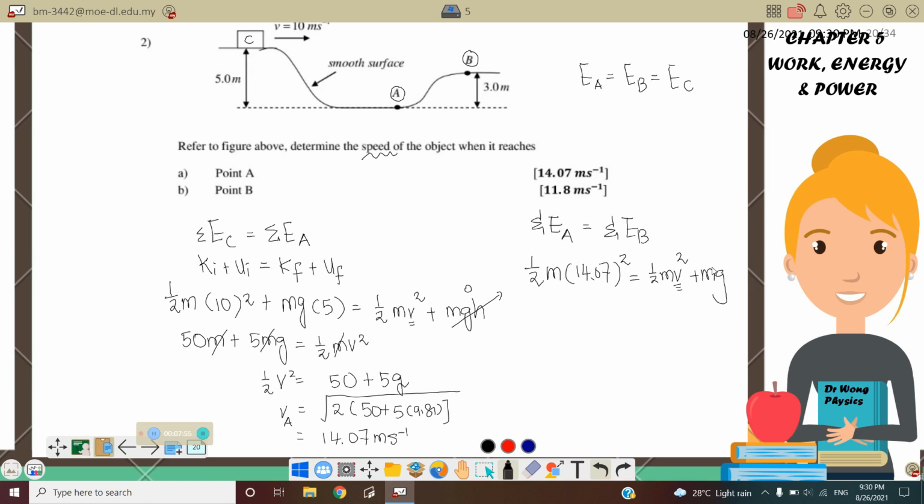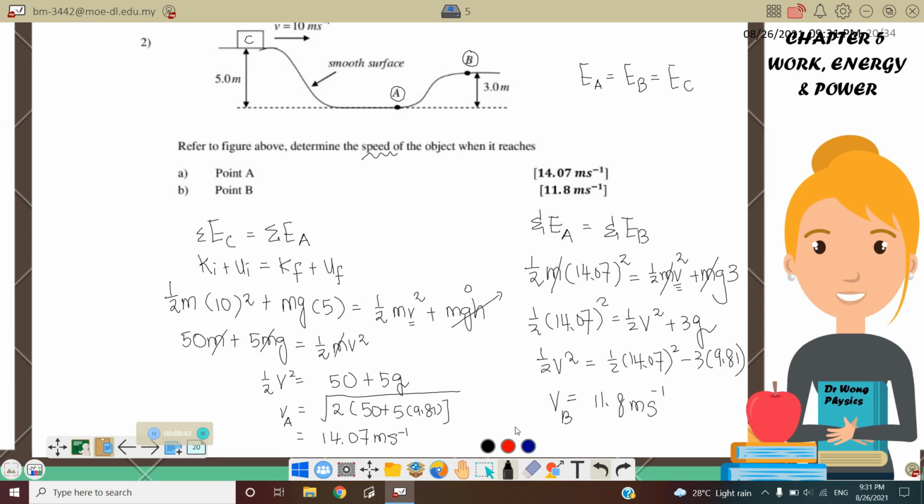So at point B, h is equals to 3. Okay, so we can cancel off m. So finally, we will get half 14.07 squared equals to half v squared plus 3g. So you can rearrange your equation. Half v squared equals to half 14.07 squared minus 3g. G is 9.81. Okay, so you can rearrange back. So after you press calculator, you will find that velocity at point B is equals to 11.8 meter per